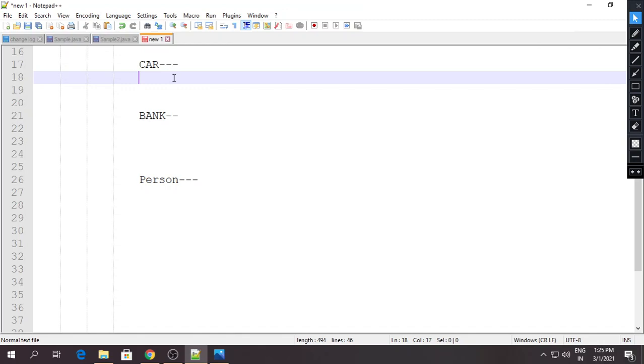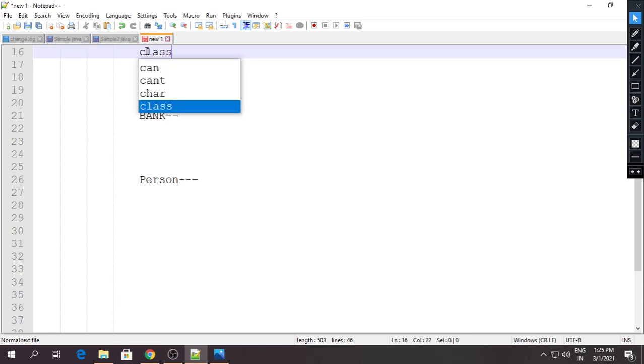So basically, what is a class? Generally, the first definition we have gone through is that a class is the extension of the structure used in the C programming language.